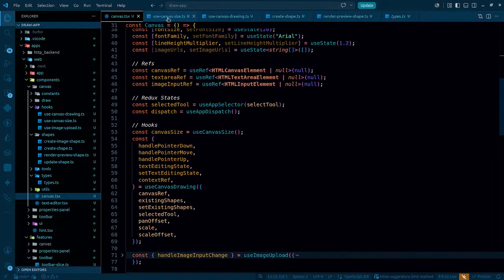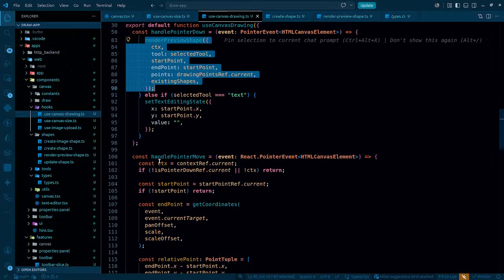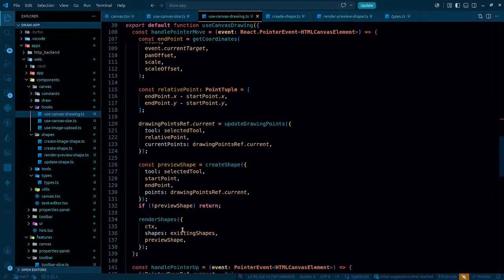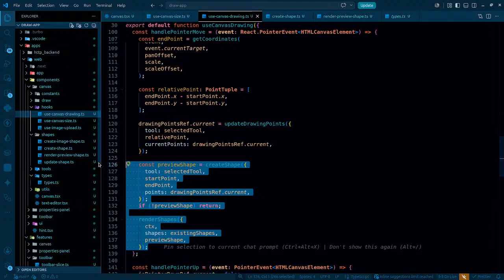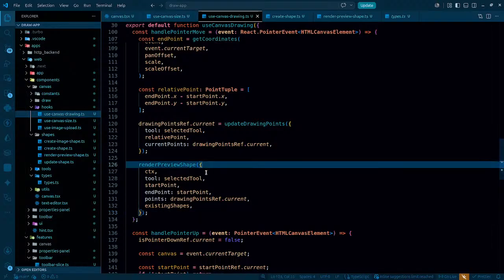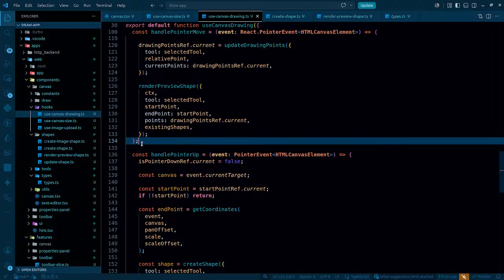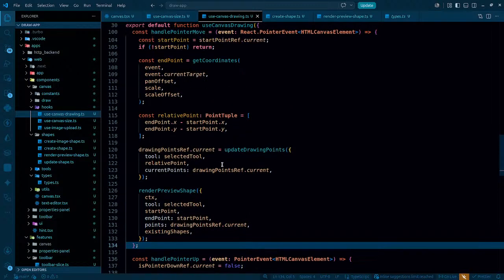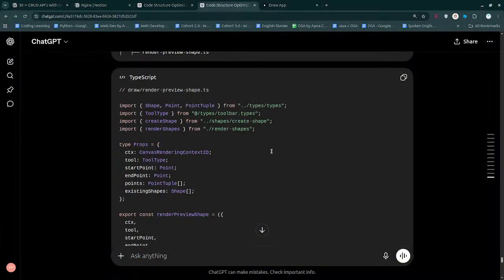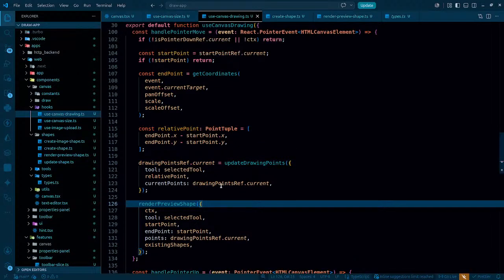Coming back to use canvas join, so the first section is replaced. Let me copy it, and similarly I have this particular section over here, especially when the mouse move happens. So we are going to be rendering the preview shape again, and it doesn't seem to be problematic at all. Alrighty, so the job is done, sort of. Let's see whether it's working or not. Come back here, try to draw. Well, when mouse move happens, at that time we are not able to